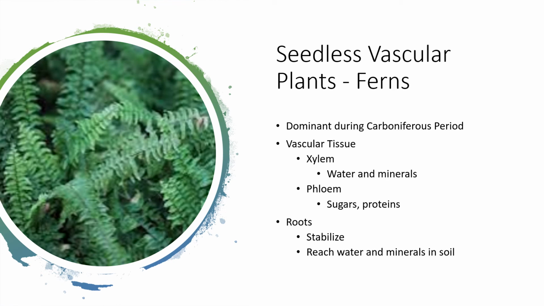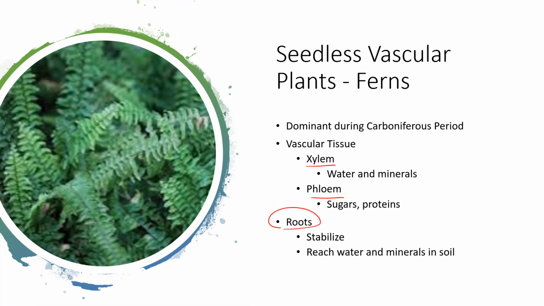Vascular tissue. Our vascular tissue is arteries and veins. Plants' vascular tissue are called xylem and phloem. Xylem you can think of like roots carrying water and minerals from the ground up, distributed throughout the plant. The phloem is actually carrying solutes like sugars and proteins. We know that plants are undergoing photosynthesis, and photosynthesis typically happens in the leaves, but other parts of the plants are going to need sugars. So it gets transferred throughout the plant.